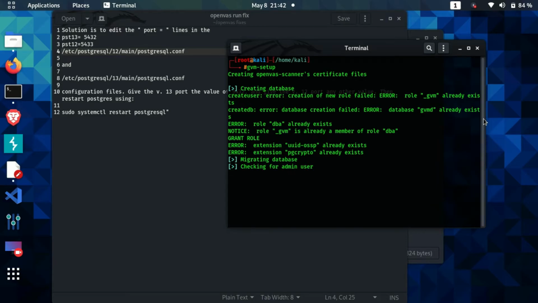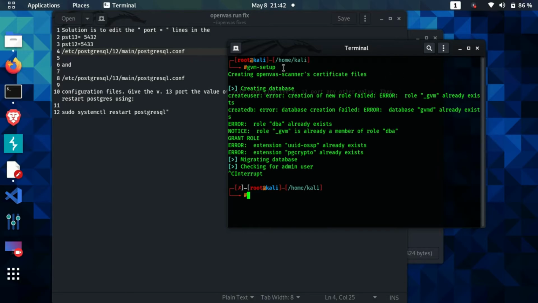So I have already installed it, so I will just exit this because I have all the files installed. In your case, you need to install all the plugins and everything. It will do it for you. After the setup has completed, one more thing before proceeding further, I want to tell you about this setup part